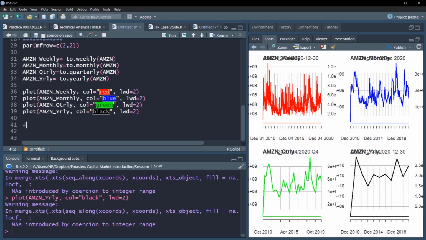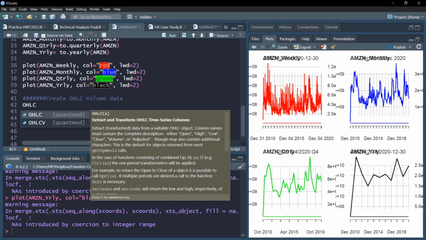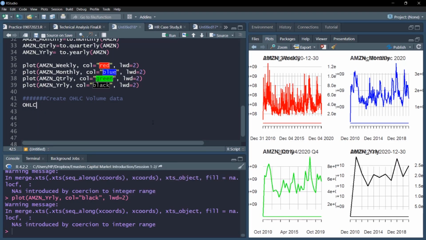In the previous video, we visualized the closing price data. In this video, we'll convert the overall series into OHLC series, that is open, high, low, close prices and volume. So we'll have OHLC volume data, and we'll also try to see how it helps in visualization of the data and some other processing as well. So first and foremost, because we are creating this OHLC data, I need to remove the last adjusted price because we only need open, high, low, close prices along with volume.